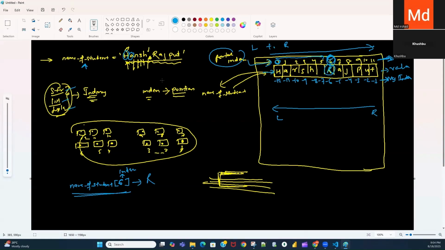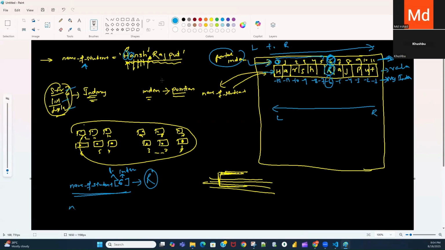This is your positive index, because here we are not giving minus, we are giving the positive value. Now the same R I can fetch by using the negative index. If I talk about the negative index, at -6 the R is available.